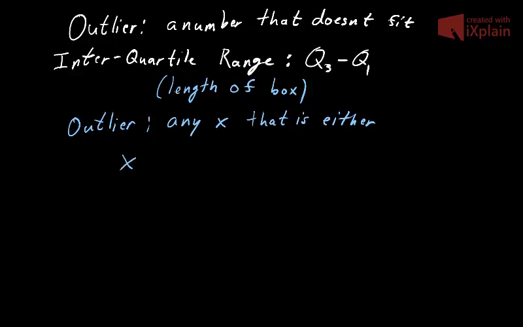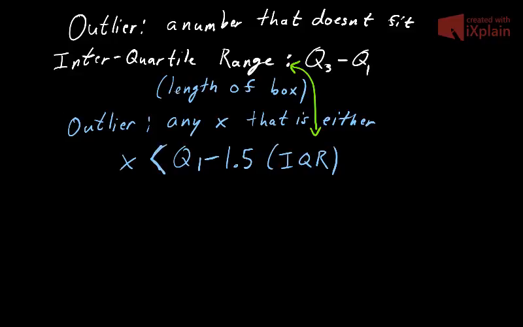So if x is less than Q1 minus 1.5 IQR, when I say IQR, that's the interquartile range. So IQR is the interquartile range. Those are the same. And so if x is less than 1.5 times the interquartile range below the first quartile, then it's an outlier,